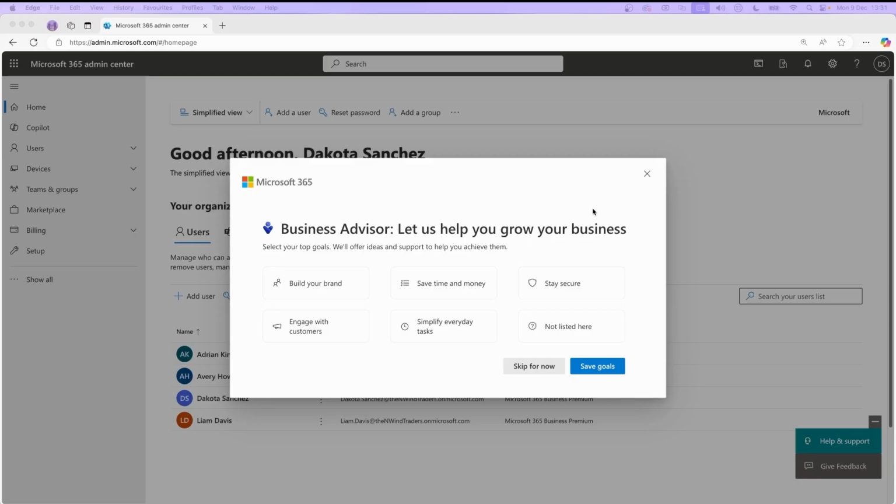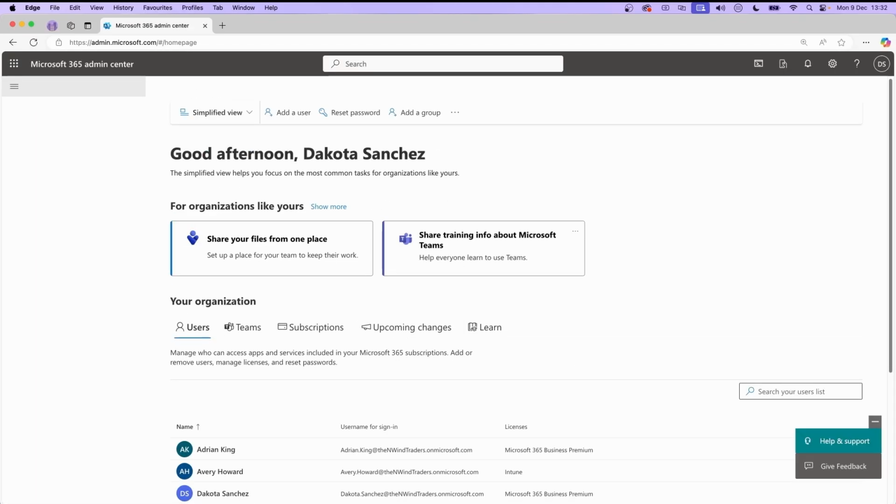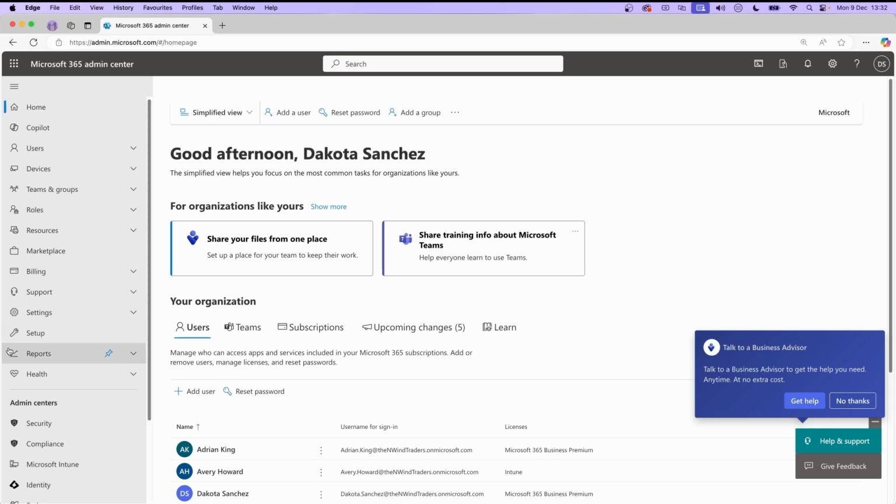We'll head to the Microsoft 365 Admin Center and sign in. And from there, the Business Advisor screen opens. Now you can either spend some time here, or you could hit skip for now. By default, the menu on the left is simplified and shows only a few things that we might use day to day. We'll hit show all at the bottom left, and that will show the whole list of options. We'll go to Setup,